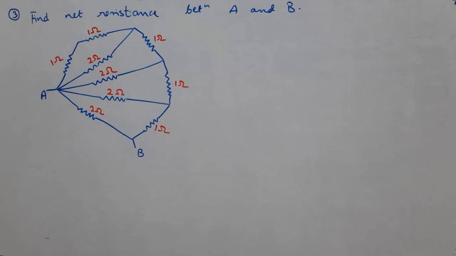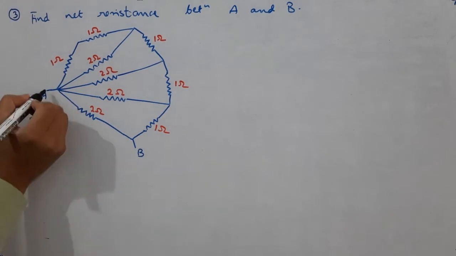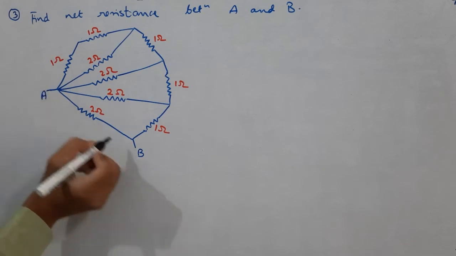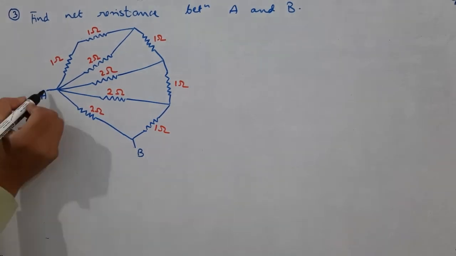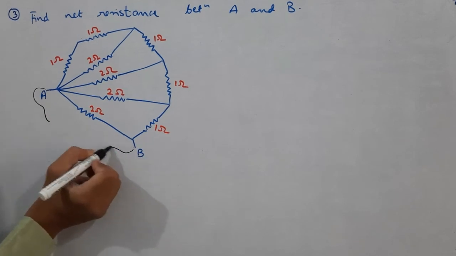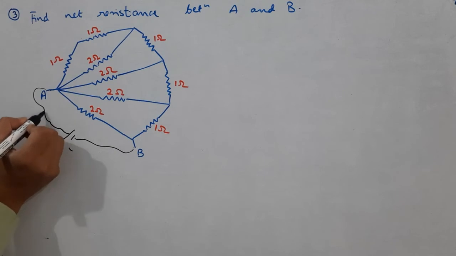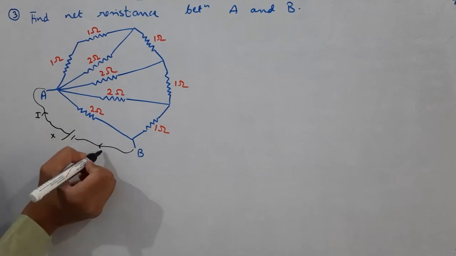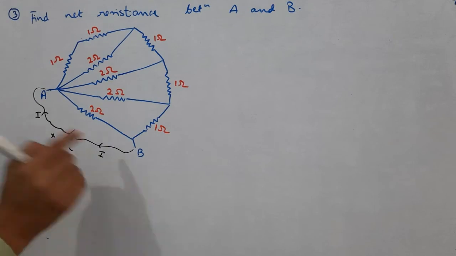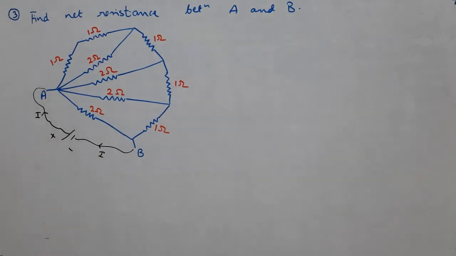In this question, you have to find the net resistance between the points A and B. So it's very important to locate the points between which you have to find the equivalent resistance. So these are the points A and B. Always you start your journey from one of the points and end your journey at the other point. You can imagine a battery between these 2 points. Suppose this is the positive terminal, this is the negative terminal. So it will send some current I and it will receive some current I. This we did not draw, just for the sake of explanation I am drawing this.